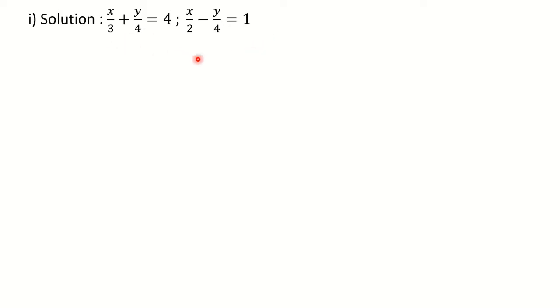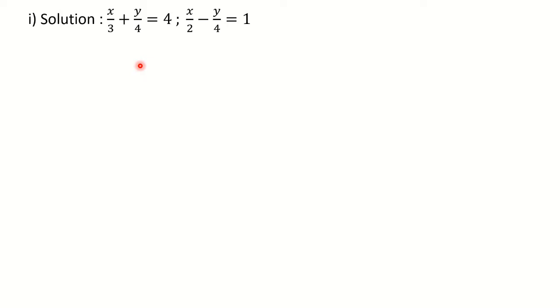Just recall the standard form. The standard form of linear equations in two variables is ax plus by is equal to c. So here we don't want fractions. I told you that a, b, c can be real numbers. That is why these are the simultaneous equations. No doubt they are linear equations in two variables, but for solving them, we don't want fractions. We want whole numbers here. So let us try to convert this equation into the simplest form.